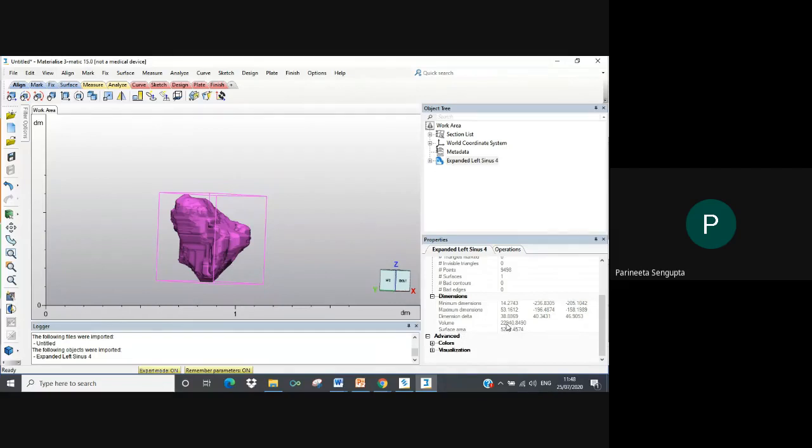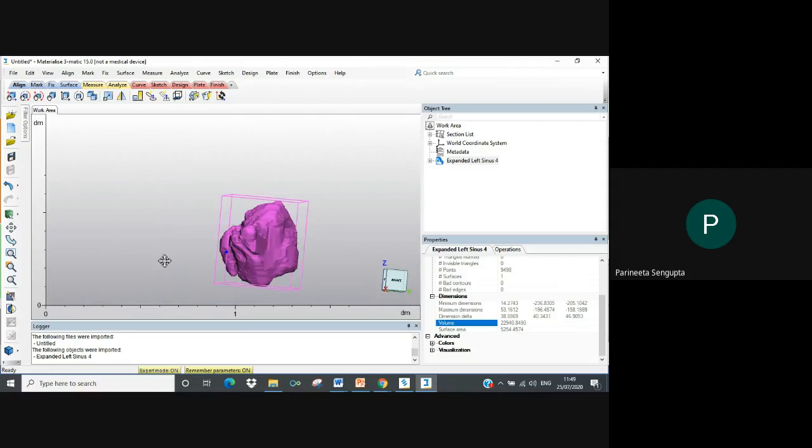Volume is in mm3. Sorry, the volume is 22 centimeter cube. So you can read your volume through this tab. Then you also have your surface area.